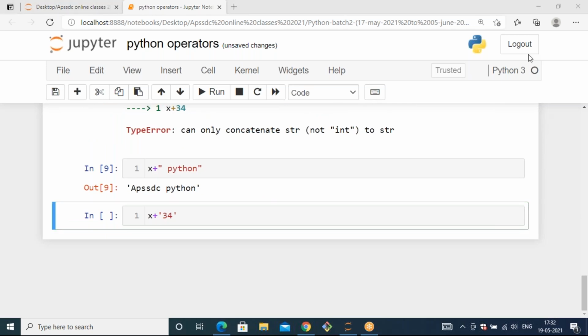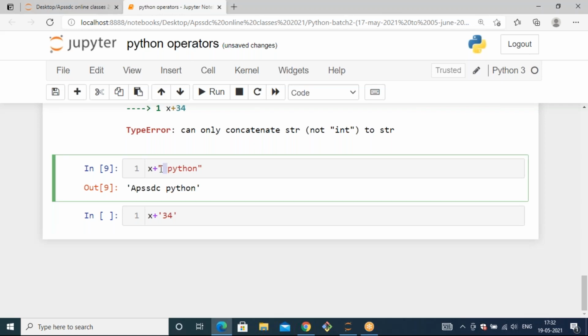If you add a space, it will not raise an error. Whatever you mention within quotes in Python will simply be considered as characters, a string only. So it will add successfully when you pass the space also in the double quotes.